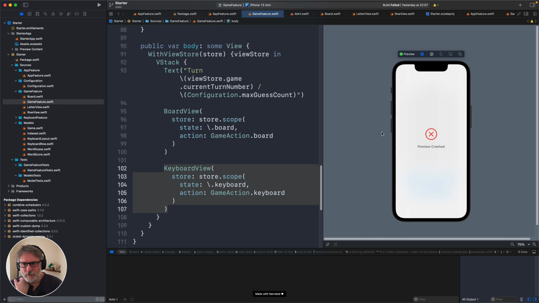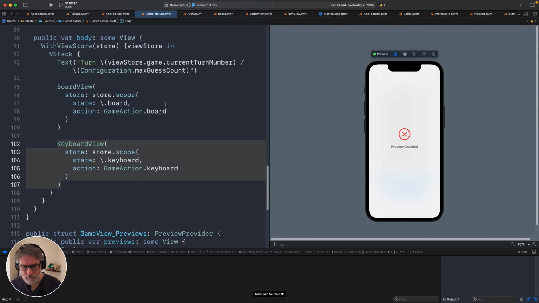Let's just make sure it's not a preview and see if the rest of the app builds first of all, not just in the previews. So I am remembering to put time on the clock. And now let's investigate this crash bug, which looks pretty bad, frankly. So we're going to look at the